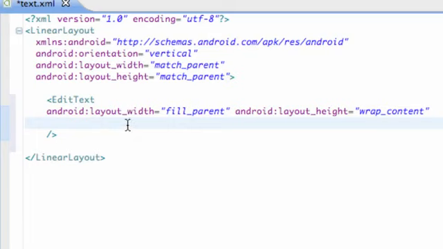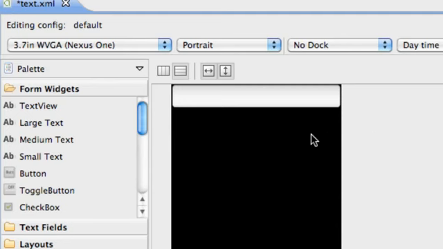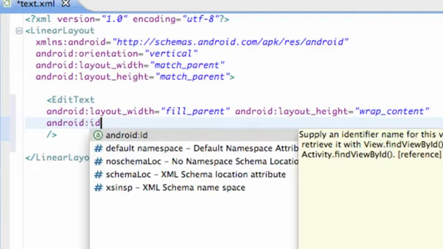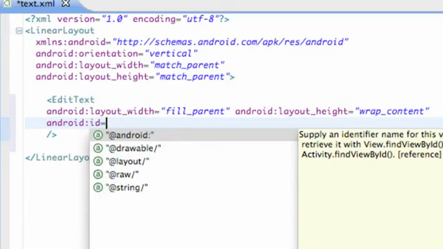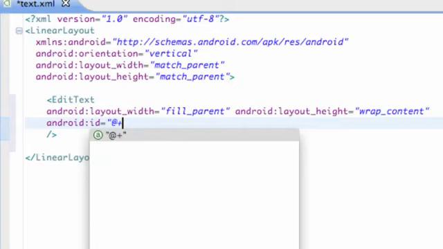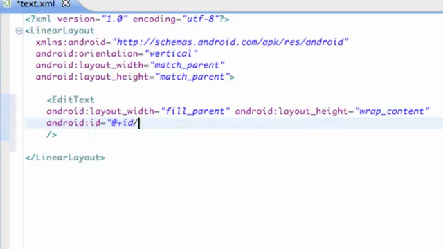But there we go, we have the setup for our text view, or I'm sorry, edit text, and that's what edit text looks like. You can put some input in there, some text or whatever, and we're also going to give it an ID because we want to reference it in Java. So Android ID equals, within quotations, @+id/ and then ET for edit text, so we can remember it,